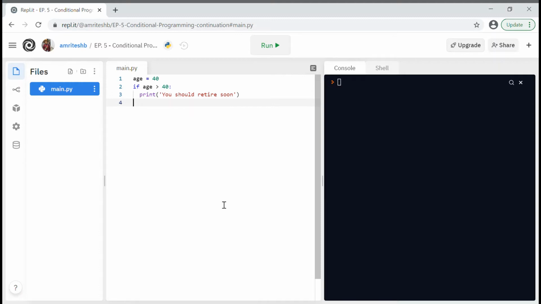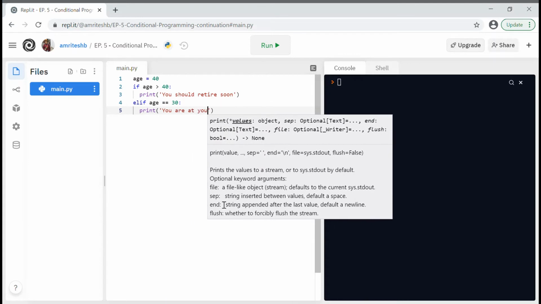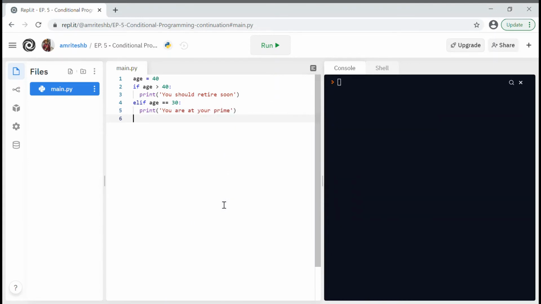Now, elifs are basically like the middle of ifs and elses. Elif is an abbreviation for else if. If and else can only be used when you have two conditions. But what if you have more conditions? That's where we use elifs. So elif age is equal to 30, then print you are at your prime, or else